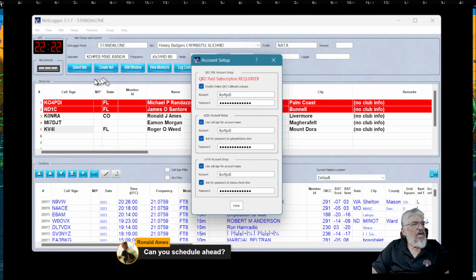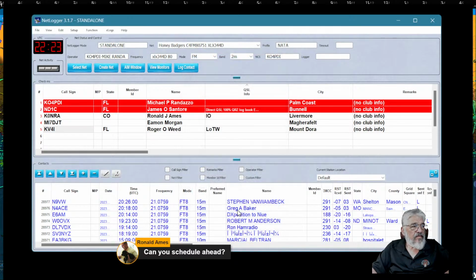Yep, there it is. All right, so if you have the paid subscription to QRZ, you put your call sign and your password here. If you have EQSL, you put your call sign and your password here, log in. If you have LOTW, you can put that information here. Once you get that all in there and you say done, when you type in a call sign on the screen, it's going to show the information. That's how the program knows where to find the info. So the first one is QRZ. The next one is EQSL. If you do EQSL, I do. And Logbook of the World. That's where it will go look up the data for the call signs.